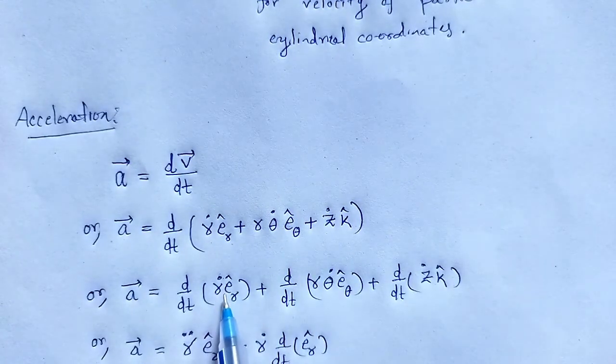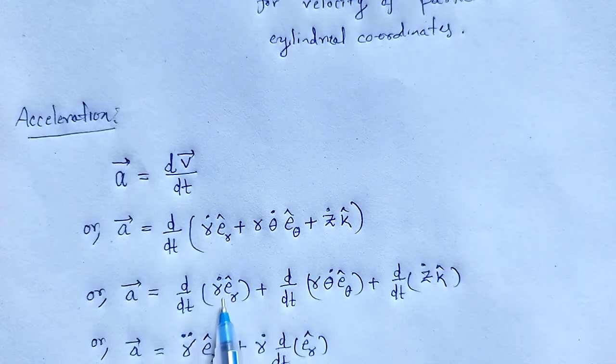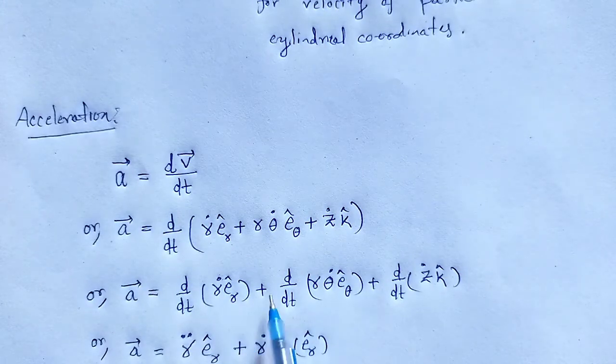Since r dot is multiplied by e r cap, it is the derivative of the first term keeping the second term constant, plus the derivative of the second term keeping the first term constant,